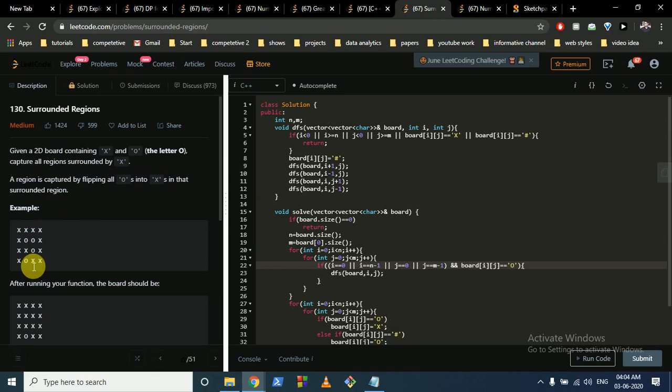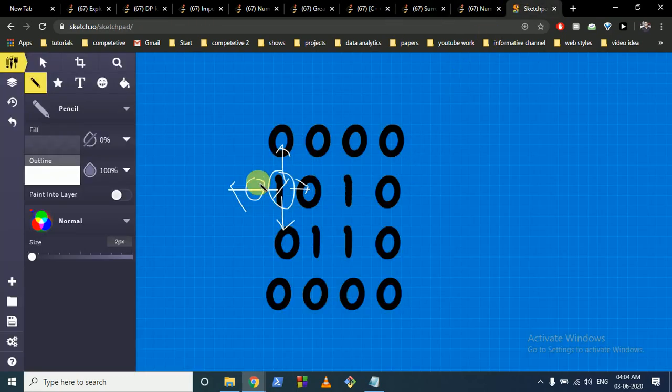Okay, so then what we can do is change this to a new character, which let's assume to be hash. Then, if we correlate with this example, if we encounter any of the ones which are on the boundary, we will make it hash, and all the connected components. So let's assume this is also equal to 1, and 1 means 0 in this case, and this will again become hash, and because this one is also connected, it will become hash, and everything which is connected to it will become hash,